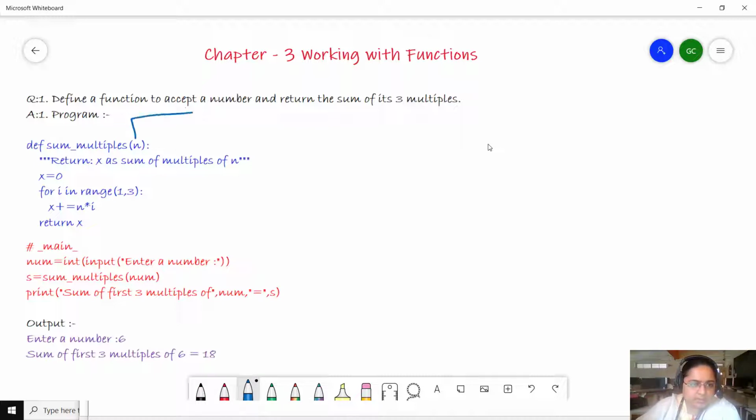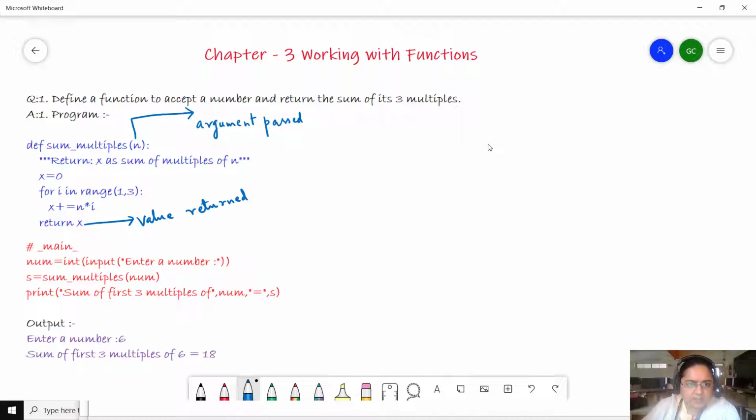This was the argument which was passed, and here this was the value returned by the function. So an argument is passed and a value is returned by the function in this program.